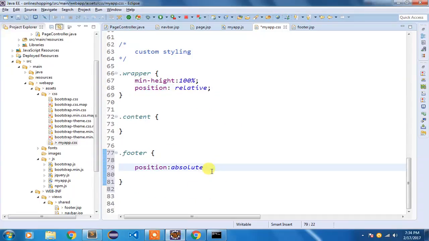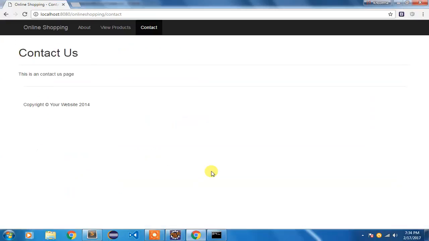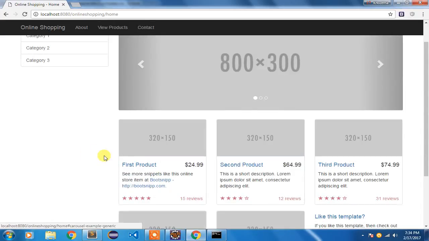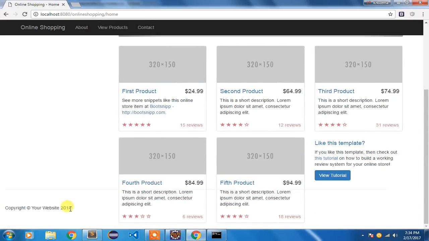It is in absolute position, but from the bottom it is 0, meaning it should go to the absolute bottom. Now if I do a Ctrl F5, see, it is displayed here. Similarly if you go to about, it is displayed here, and if I go to online shopping, it is displaying here. So I need to fix it.